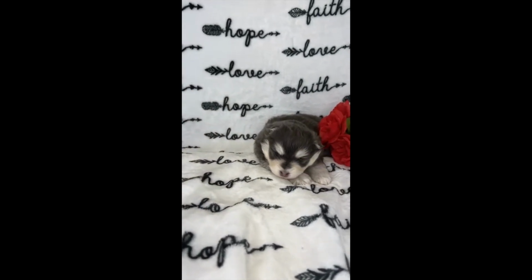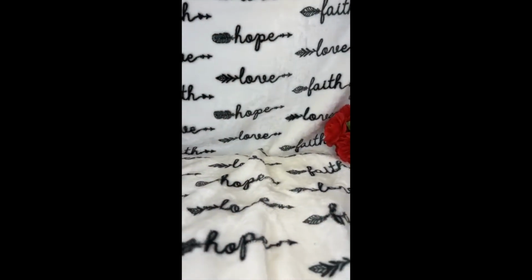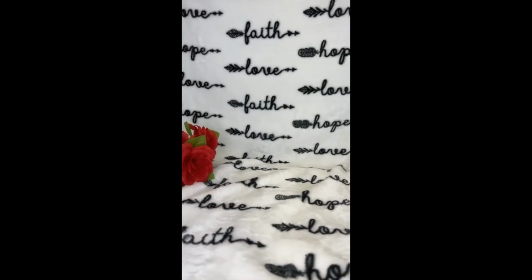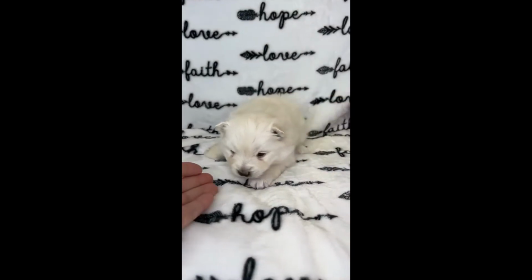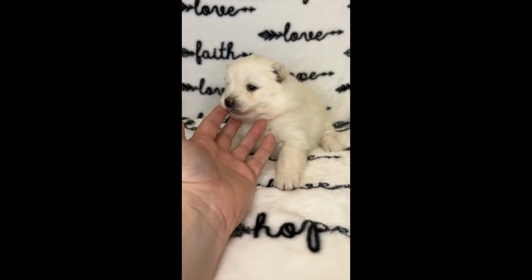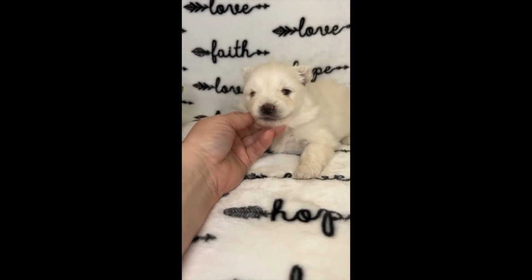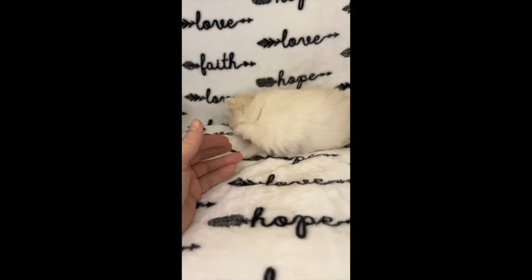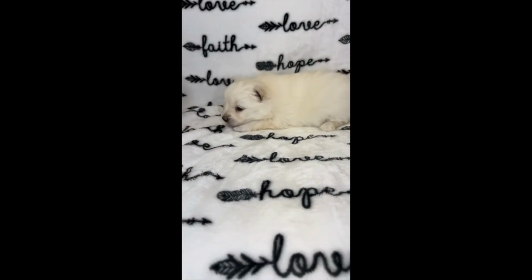Maddie will get the little white girl in the litter. And this little girl is pretty interesting, actually, because her name is Bunny, and she actually will carry the blue gene. So what we call it is a cream-colored blue, or a blue girl covered up with cream,